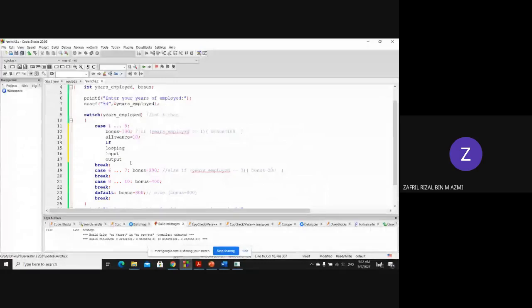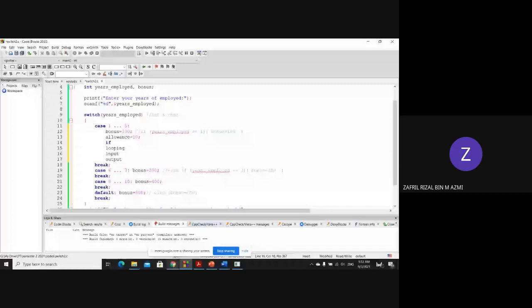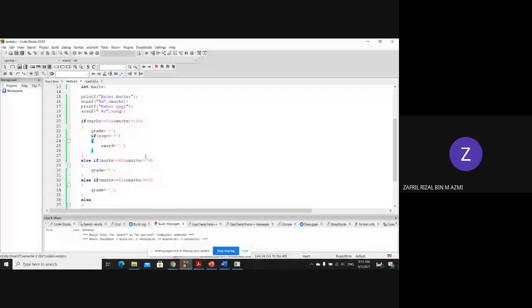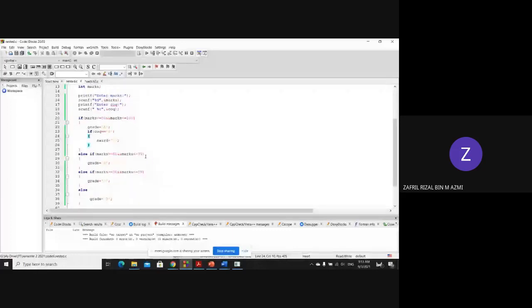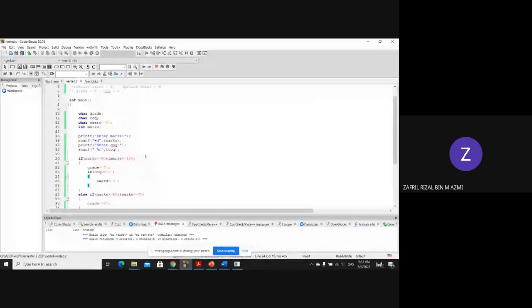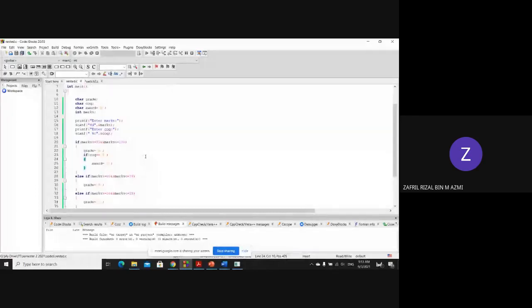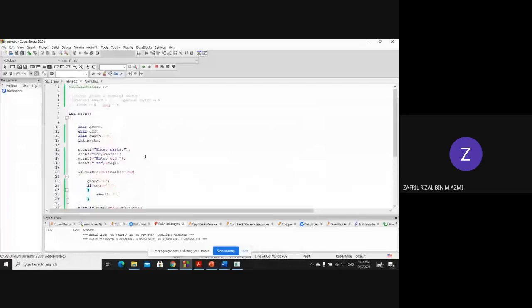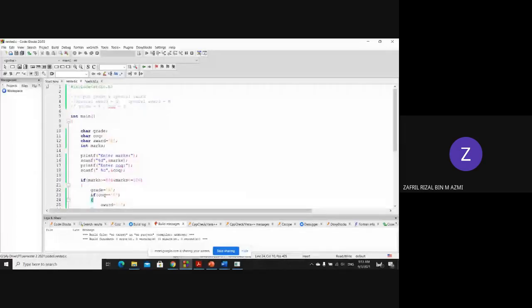So if no question, I would like you guys to convert this program. Which one was it earlier? Cannot do nested. Okay, convert this into switch case. Let me give you this code. I give you through